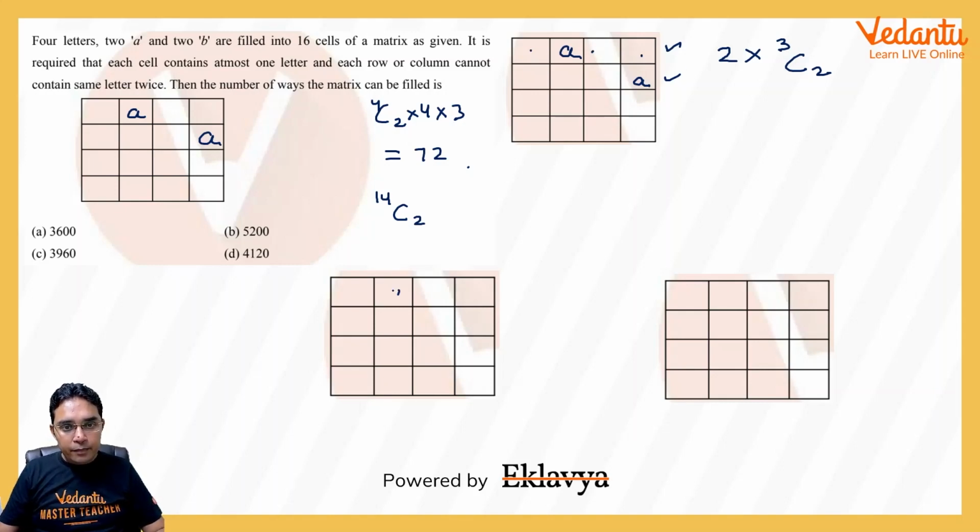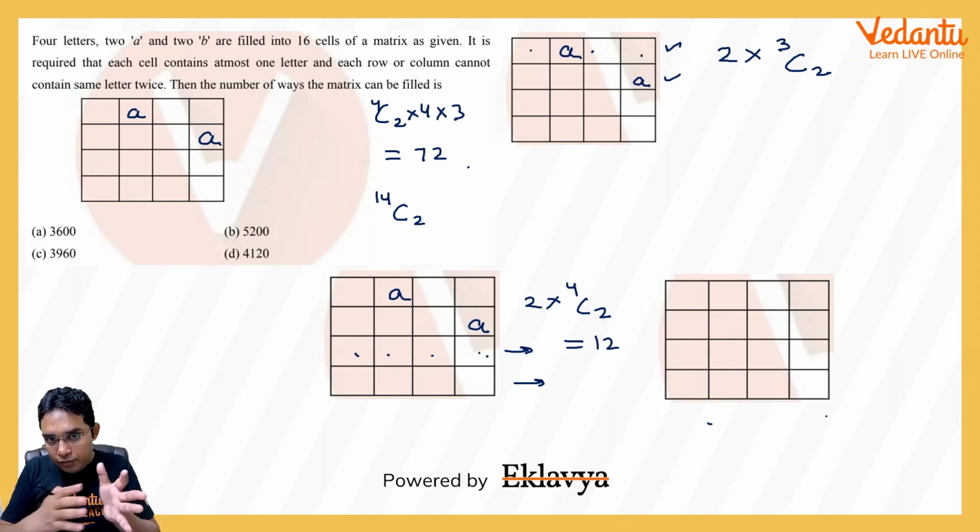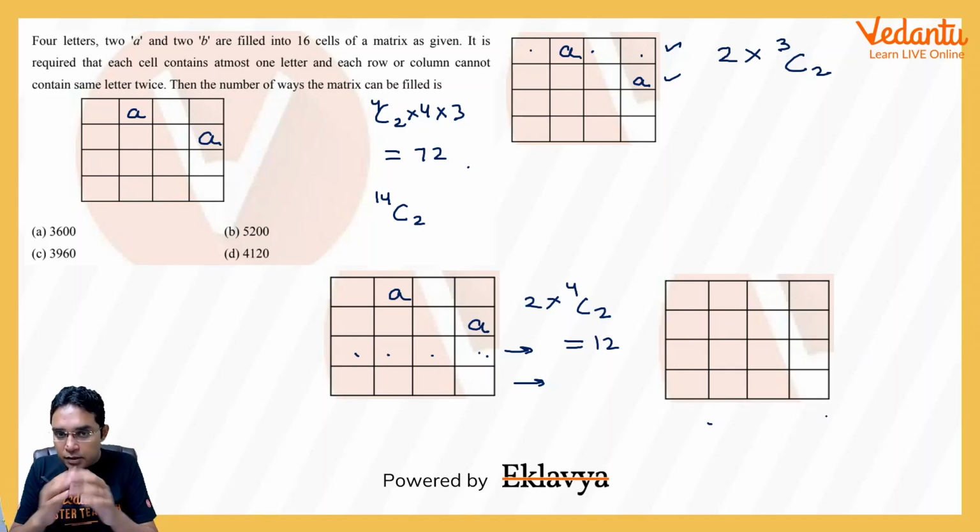Okay, similarly, we can fill 2 B's in those rows in which no A has taken place. So here I think it will be 2 ways for which row you want to put the B's in, and then 4C2, because we have 4 places here, 4C2 ways. So I think it will be 12. Okay, now this same thing can be done in columns also, but I think we can do this in one way. We can count the column cases by just multiplying by 2. So my final answer would be, please understand,